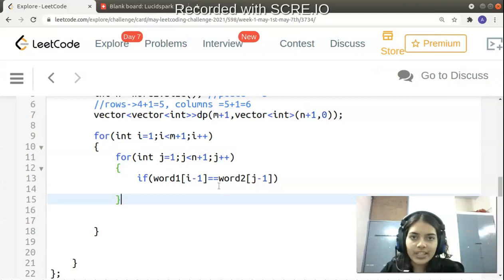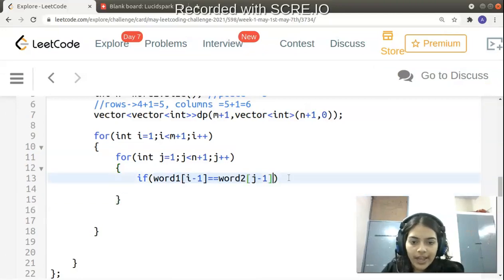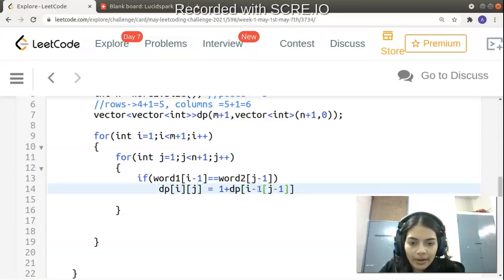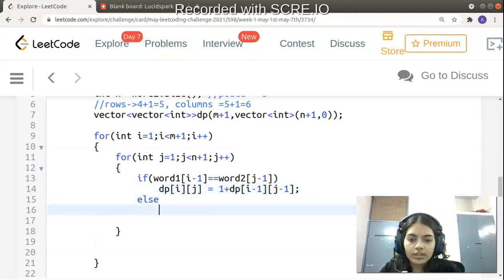So because of the empty string added there, you have to give i minus 1 and j minus 1. So if both are equal, then what do you do? You simply give dp of i j is equal to 1 plus dp of i minus 1, j minus 1. So I am just going one step backward row-wise and one step backward column-wise, right? So this will be the code.